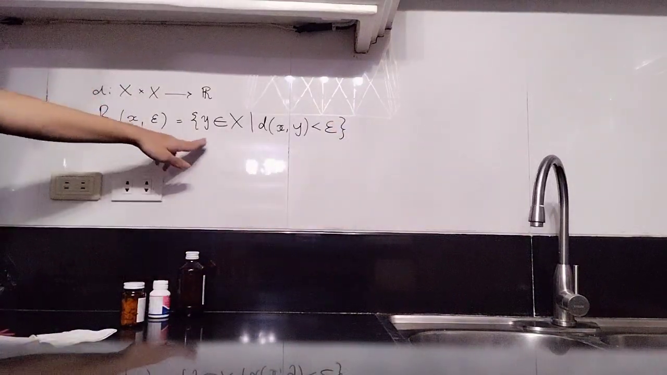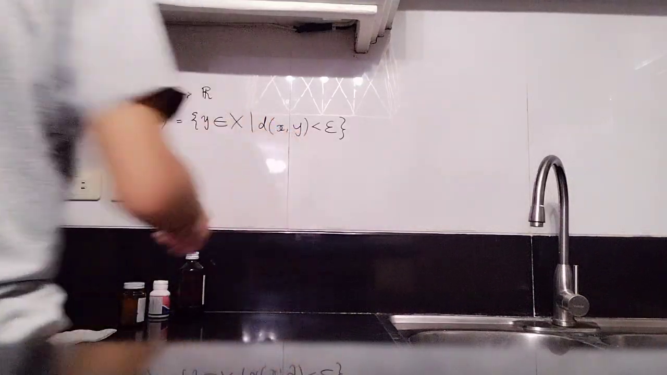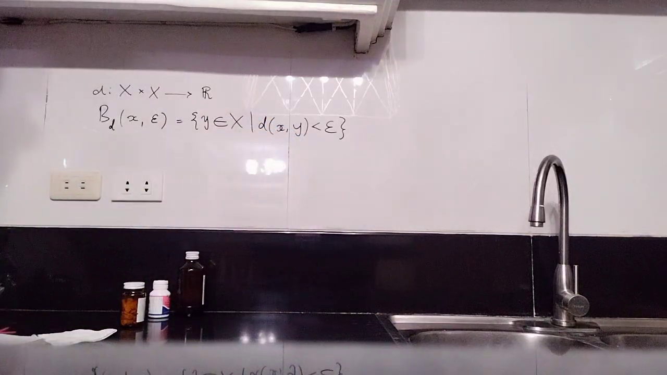So this is all points y in x, such that the distance between x and y is less than epsilon. If we say it is equal to epsilon, this generates a closed ball inside. But we're only concerned with open balls because right now that's our way of defining continuity and stuff like that. So